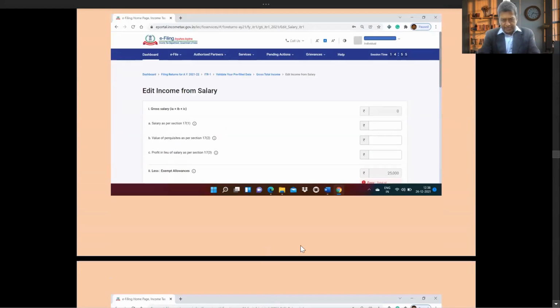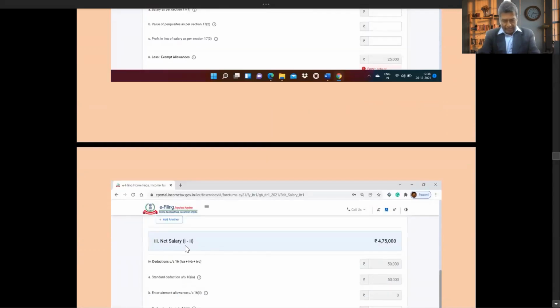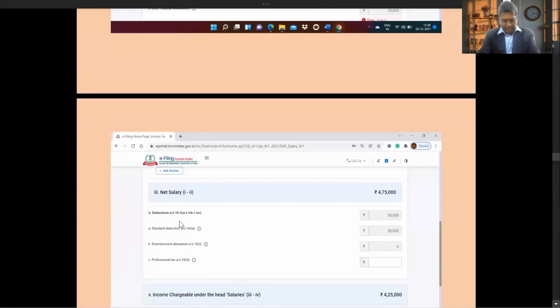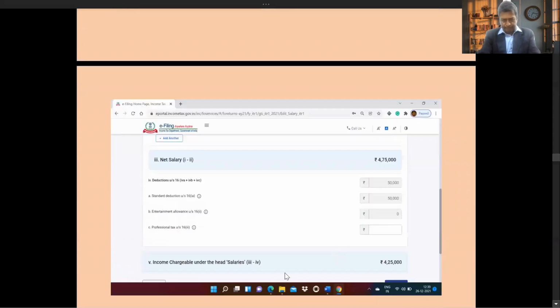And once I enter the salary of 5 lakhs, 25,000 is already there, I'm eligible for exemption under section 10(13A). My net salary becomes 4,75,000. But the government also gives me a standard deduction of 50,000.